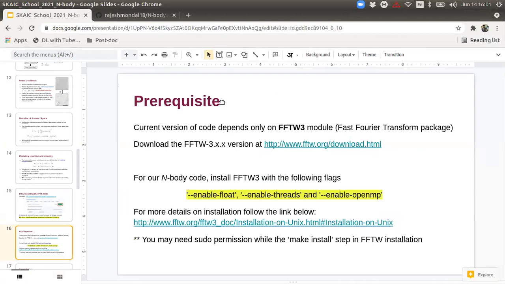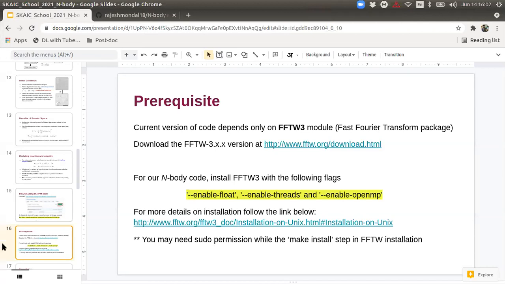Before installing, there are some prerequisites. As I have already mentioned, the code depends on the fast Fourier transform package. So you have to install this on your system, specifically the FFTW3 version, not FFTW2. While installing, you have to keep in mind to enable these flags for FFTW.